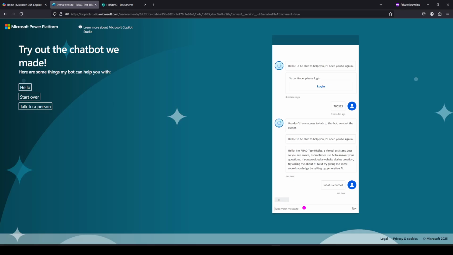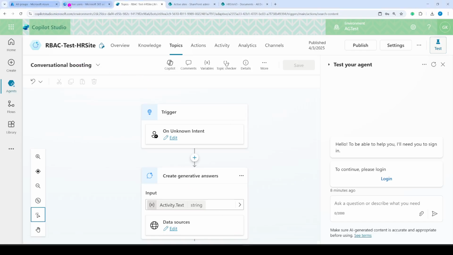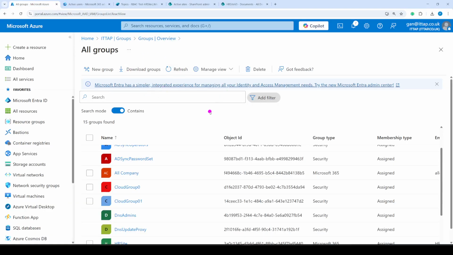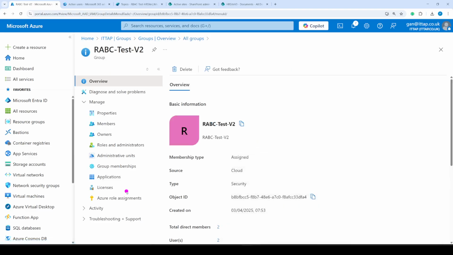this all depends on what type of documentation you have put in our SharePoint. In the SharePoint site, I've just put some test documents and what is Chatbot. So now you know how to give access to the user using the AD group, which is a role-based access control group. Now I'm going to remove the user 2 from the members,